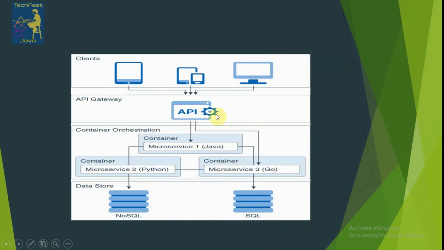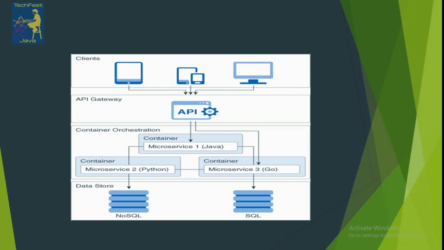So this is the basic architecture of microservices. Here a lot of other services are working, like a discovery service, a discovery server, which is used to register the microservices. We are using the circuit breaker design pattern for fault tolerance implementation.